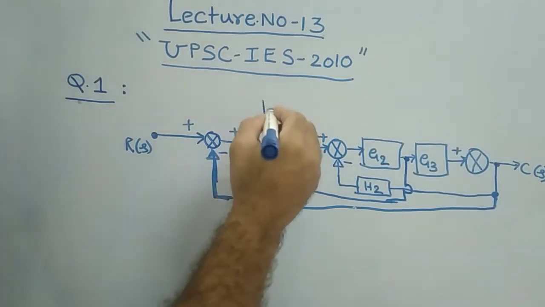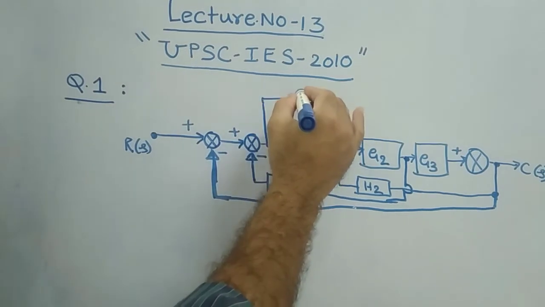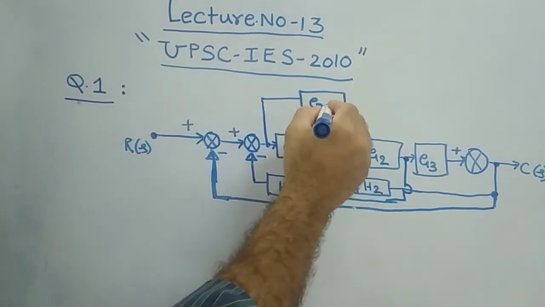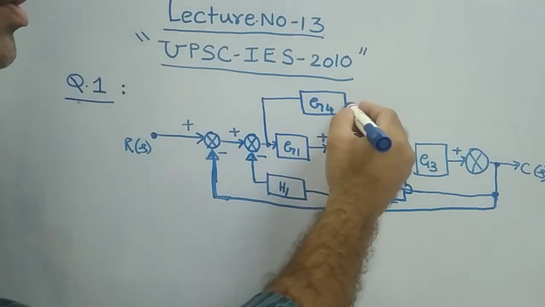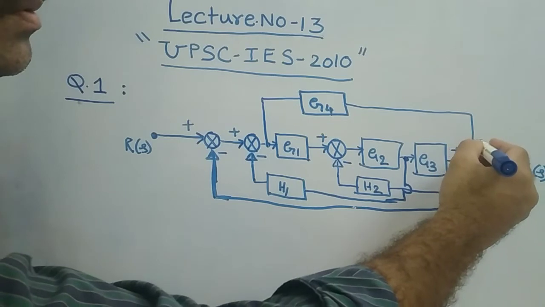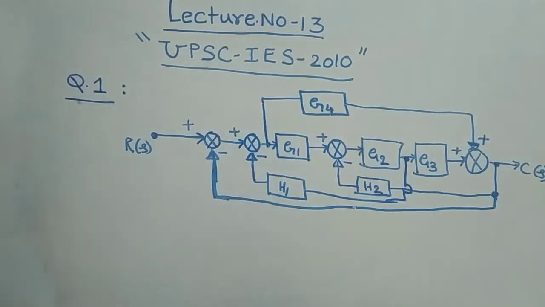From here it is going to, as it is G4, and it is going to connect to this summer. It is going to plus. Therefore,